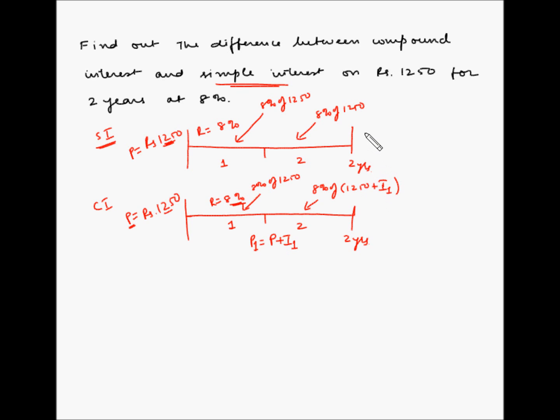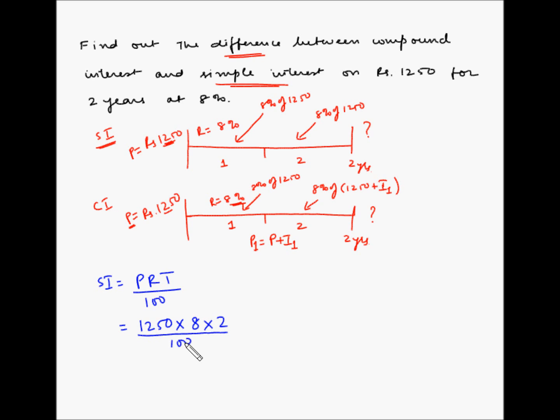So now we have to find out what will be the final sum or the final amount obtained at the end of 2 years in both the cases, and then we have to find out the difference between them. So let's first take the case of simple interest. So simple interest can be found out as PRT by 100. So this is equal to P is 1250 multiplied by R, which is 8, multiplied by the time frame, which is 2 years,